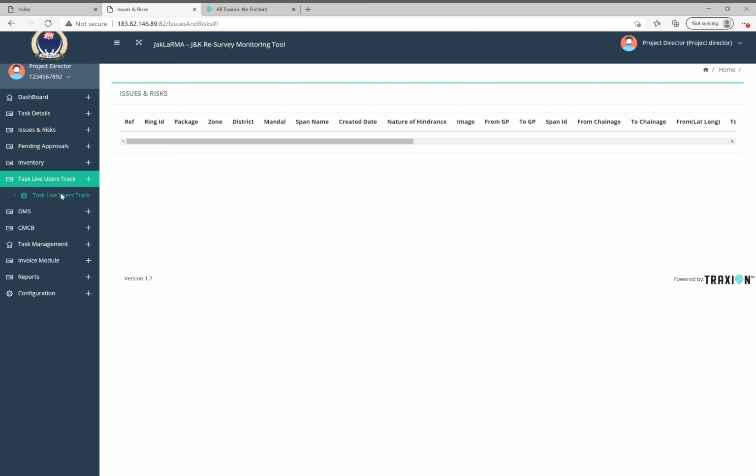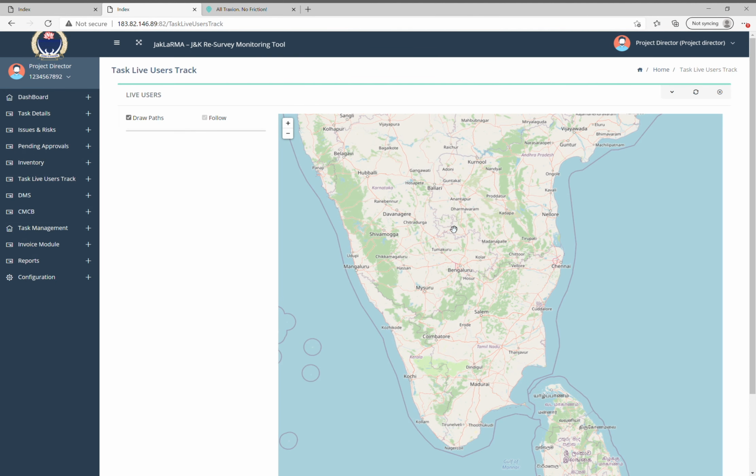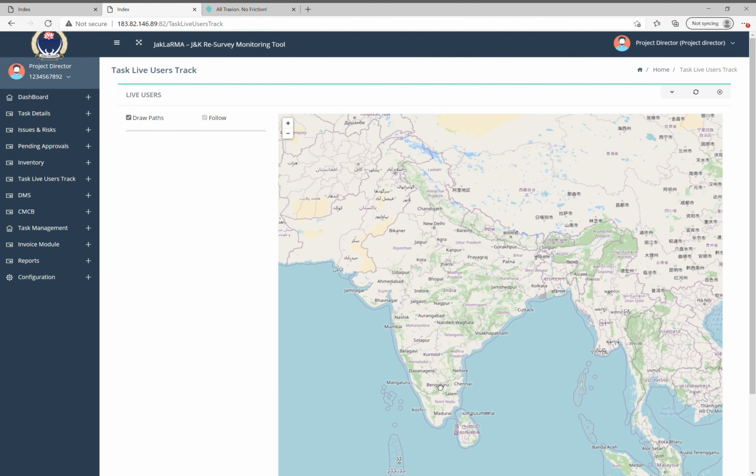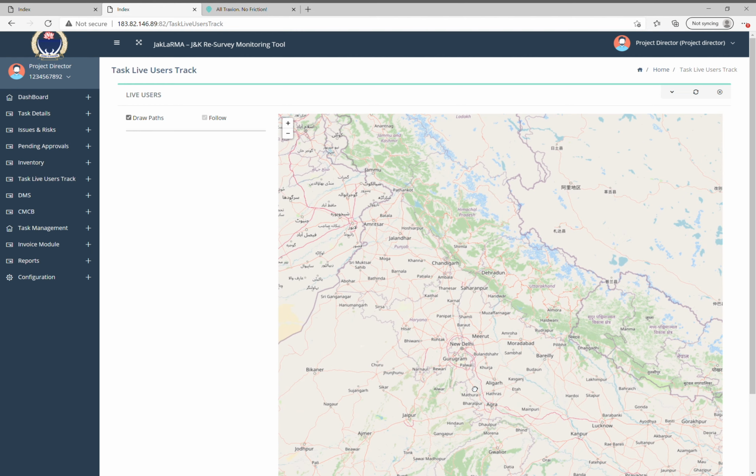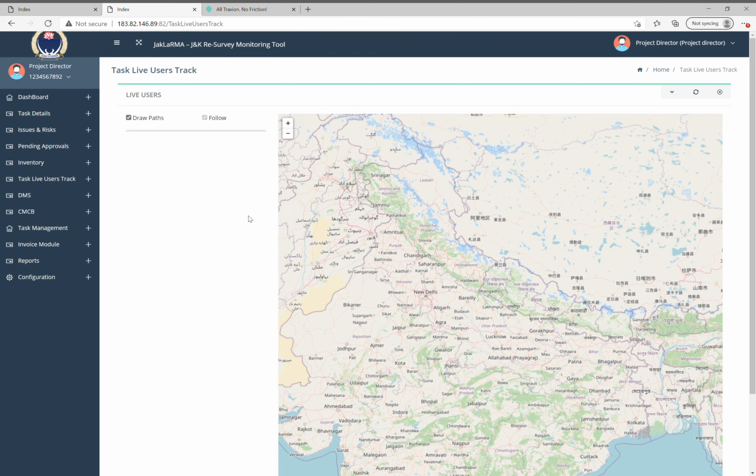In the live track view, we can in real time see where all the project staff are currently located. The location is picked up by this application using the location provided by the mobile apps that each of these personnel will be carrying, because the mobile app is an integral part of gathering the status. I will also give you a short overview of the mobile app UI shortly after this in a separate video. So they will all show up here, and you can track them in real time. Obviously there are no current users here, so we can't see them.